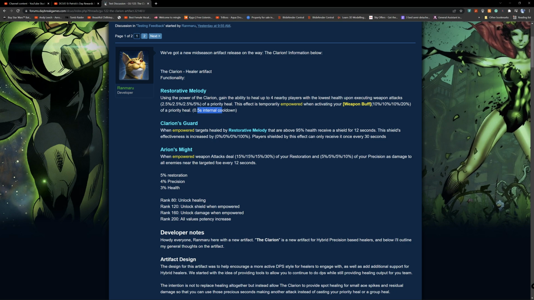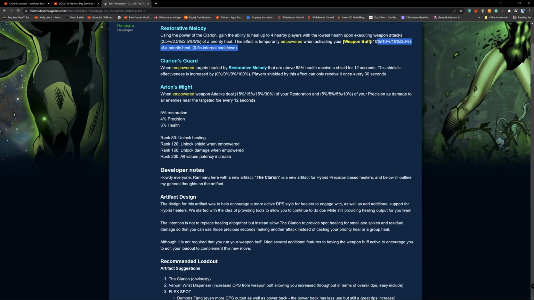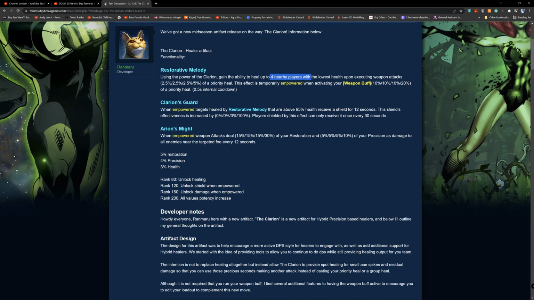To allow this to work, you need to be hitting your weapon buff. Once that's executed, it'll execute this one here, and then it'll execute that as well. So it'll heal like 4 nearby players, and the cooldown is 0.5 seconds. So initially, you can technically take out your group heal. Like I said, you don't need it anymore with this active. So Clarion's Guard, when empowered,